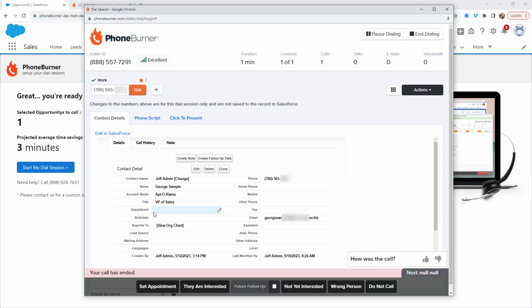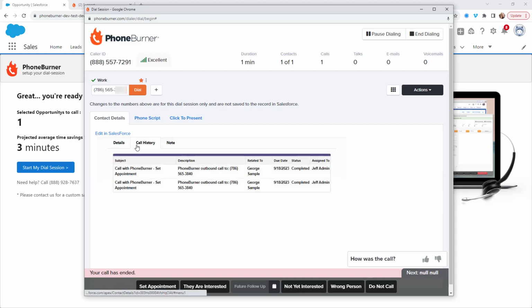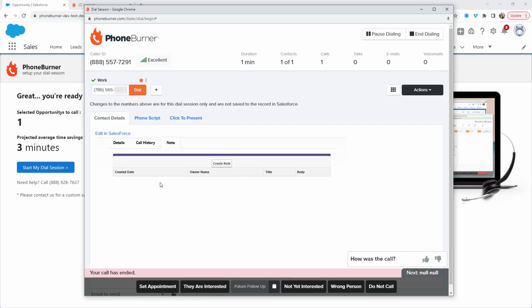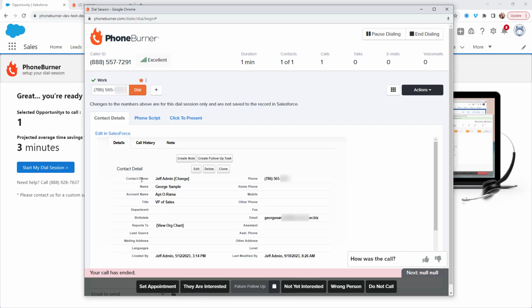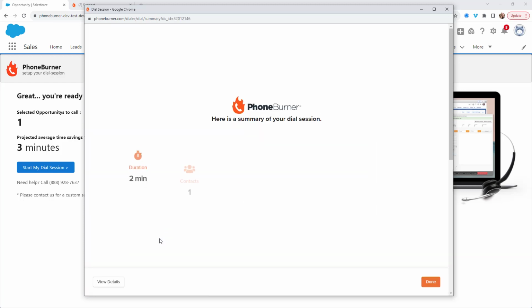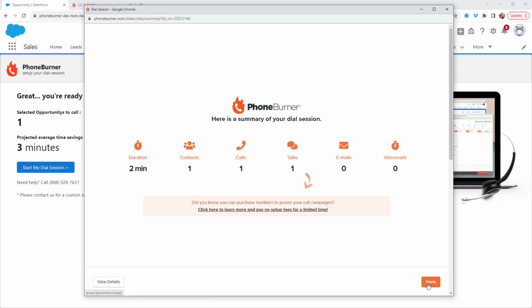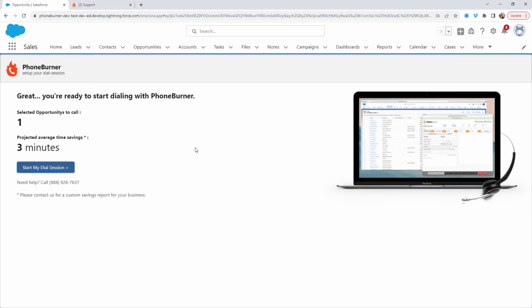You want to actually call the contact. And what's interesting about this is we're going to see all of the call history that's specific to that contact, any notes that are specific to that contact, and all of the call outcomes. So if I click on one of these dispositions like set appointment, which is going to end my dial session,